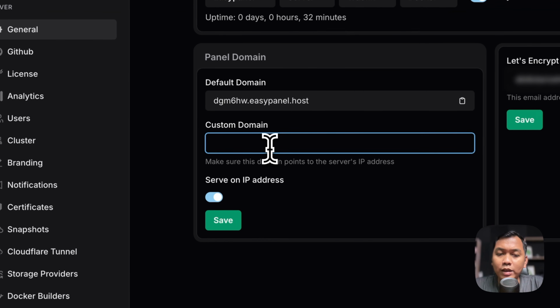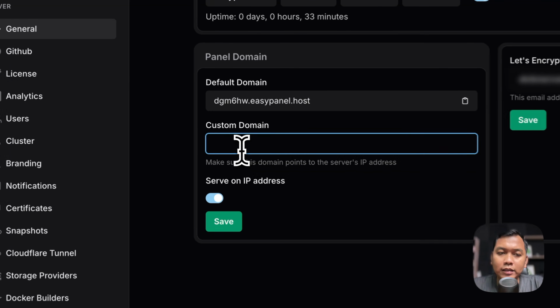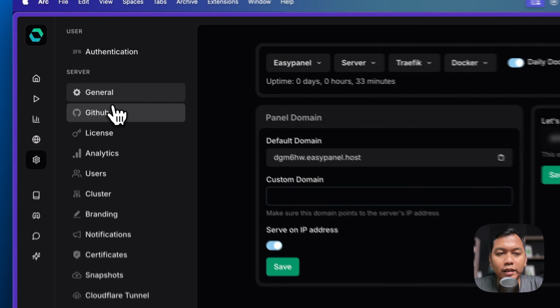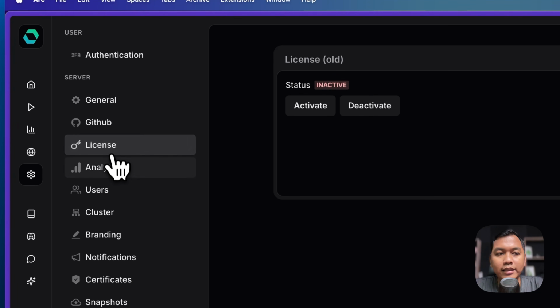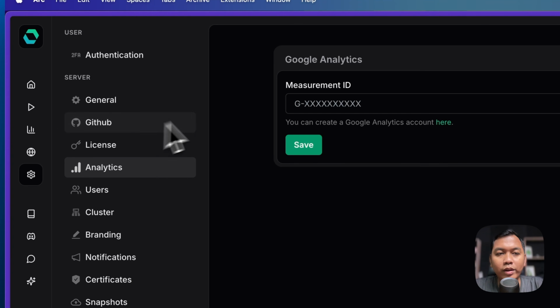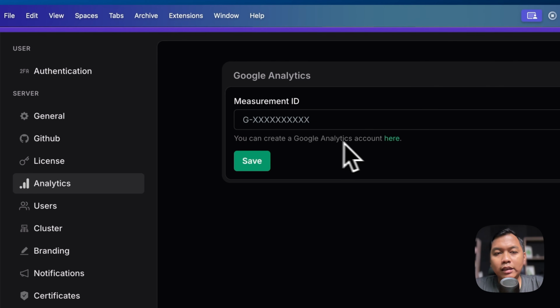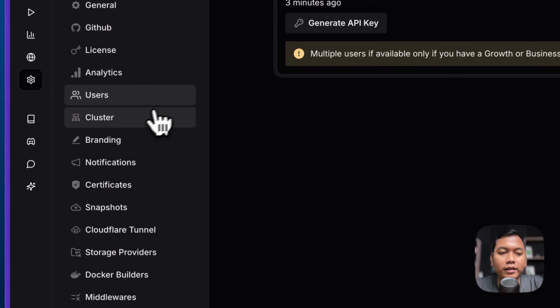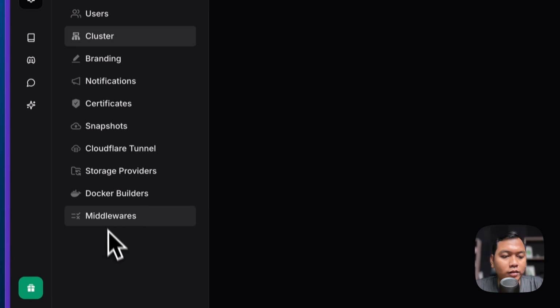And if we want a custom domain, we can just put the custom domain here. Don't forget to point the IP address to this custom domain. And then GitHub, license, analytics, we can create a Google Analytics measurement here, and then users, cluster, and so on and so on.